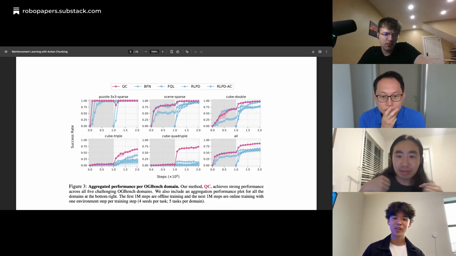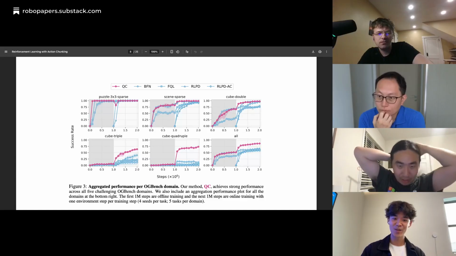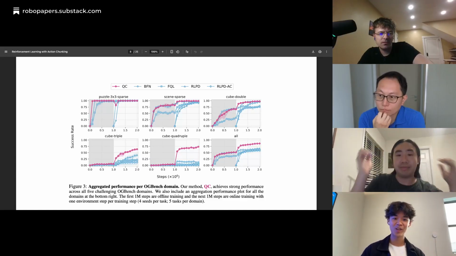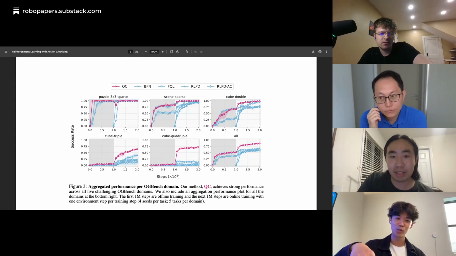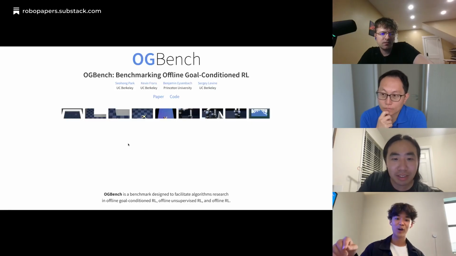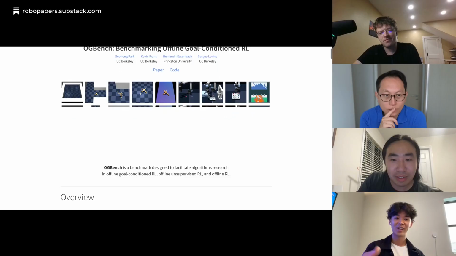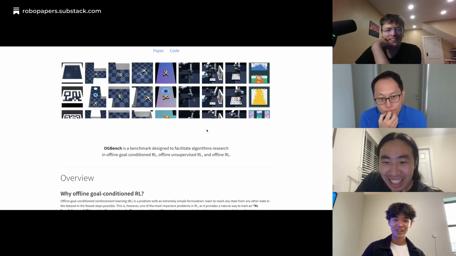And just to give you guys a little bit of background, in case you don't know what these task names mean, basically these are a bunch of manipulation tasks where one single robot arm is trying to do something interesting. The puzzle scene has a 3x3 grid of puzzles, so this will be easier. Yes, thank you for the visual aid. Yeah.